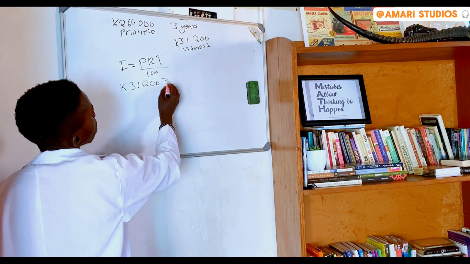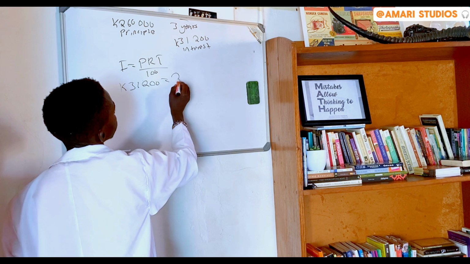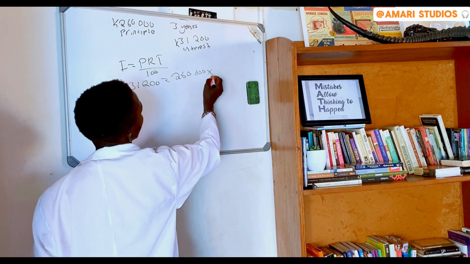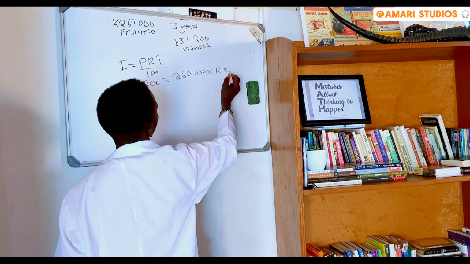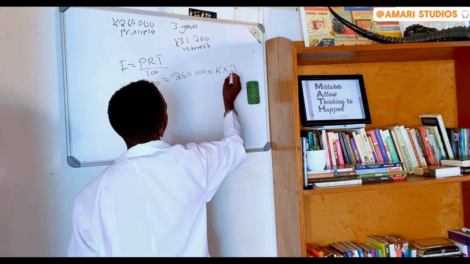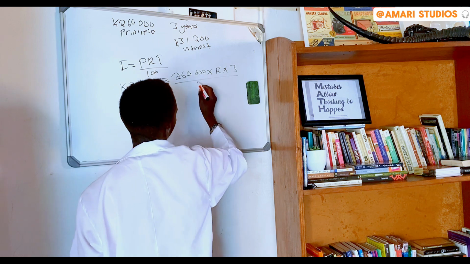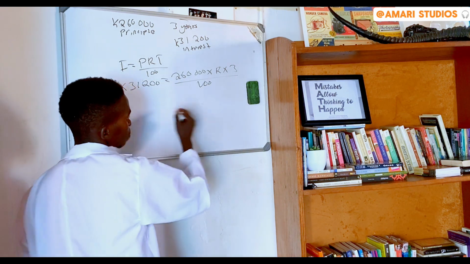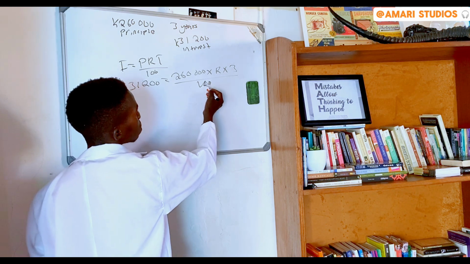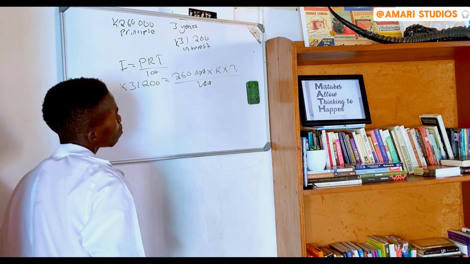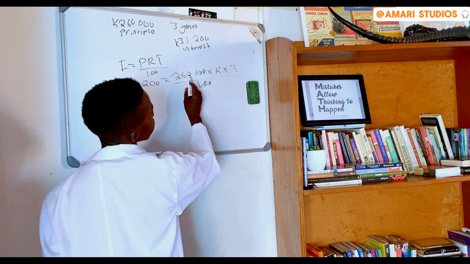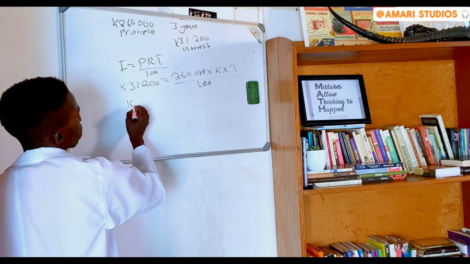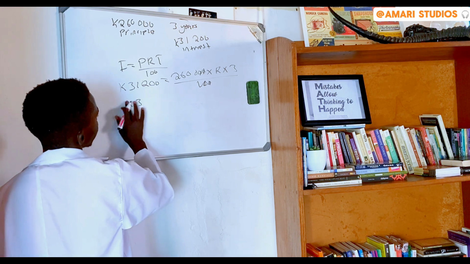31,200 kwacha is equal to the principal, 260,000 kwacha, multiplied by the rate that we are looking for, multiplied by the time, which in this case was actually 3 years, then divided by 100. Now the 0 and 0 are going to cancel. So now when you multiply 26 by 3, you're going to get,